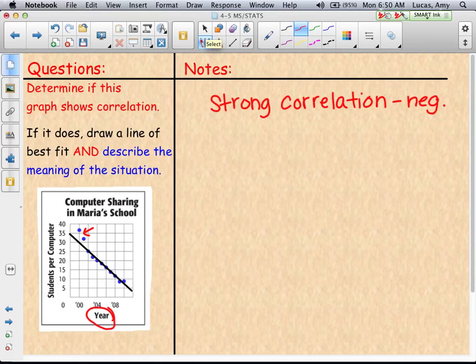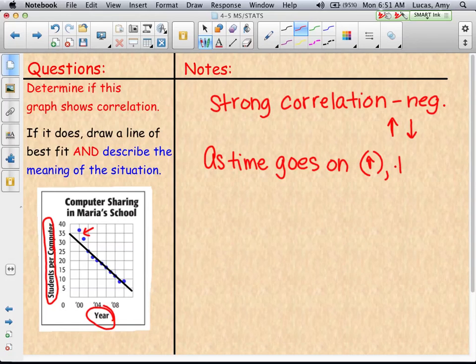My variables, I've got years and I've got students per computer. Remember, negative correlation. As one variable goes up, the other goes down. So what I notice is that as time goes on, the number of students per computer in Maria's school goes down. So as time increases, the number of students sharing a computer